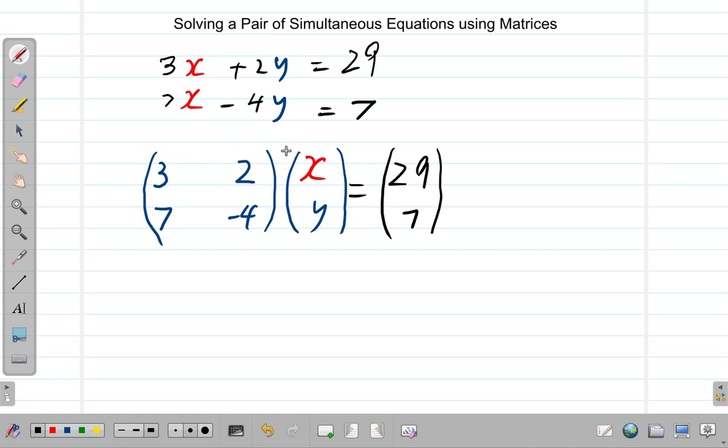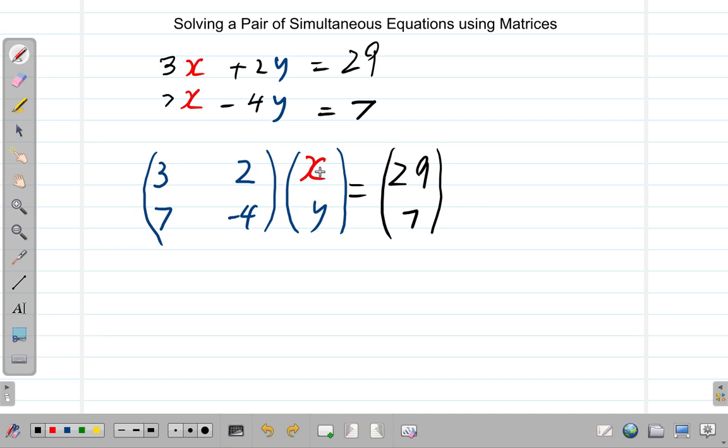Remember, if you should multiply out these matrices, you remember the work that we did on multiplying matrices. Row by column, 3 by x plus 2 by y equals 29. So this 3x plus 2y equals 29, right? And then 7 by x plus negative 4 by y equals 7. So it's 7x plus negative 4y, meaning minus 4y equals 7. Alright, so here now,